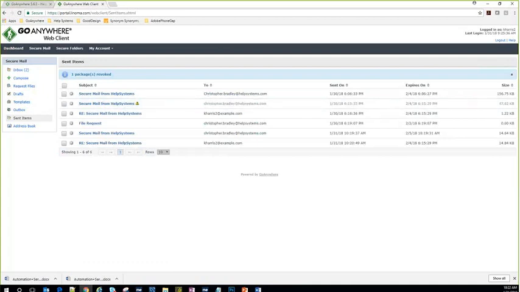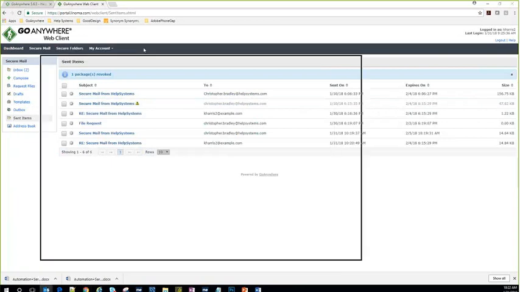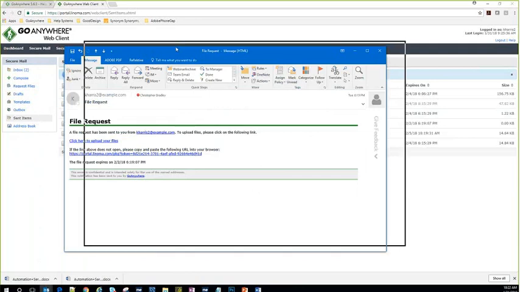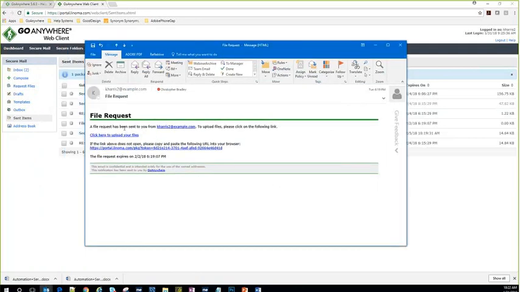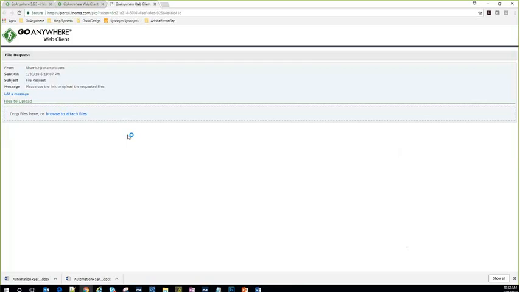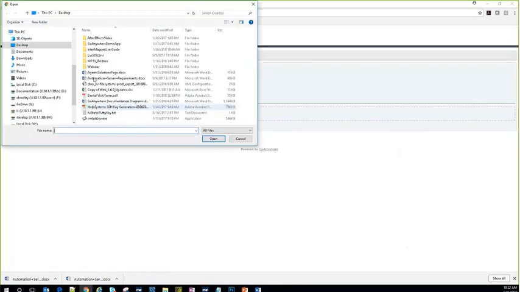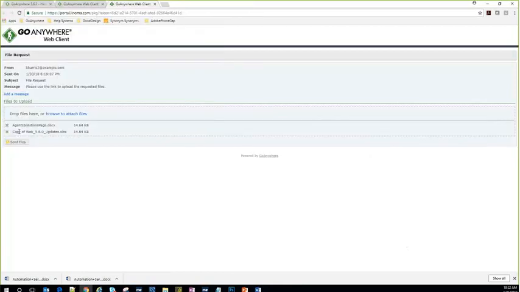If we sent a file request, so if we use the file request feature, the user is going to get a message very similar to the other secure mail message asking you to upload your files. So they're going to be provided a link to upload the files. And so please use the link to upload the files. They can grab a new file, send that file,